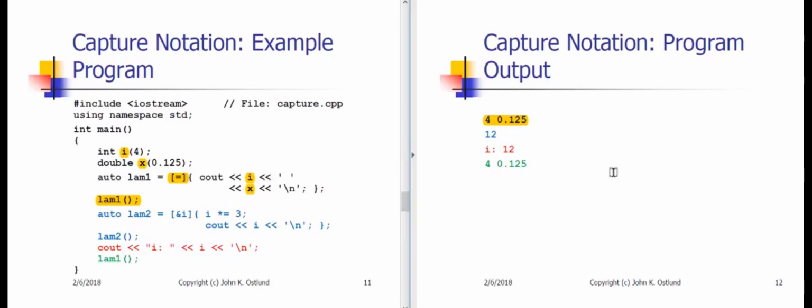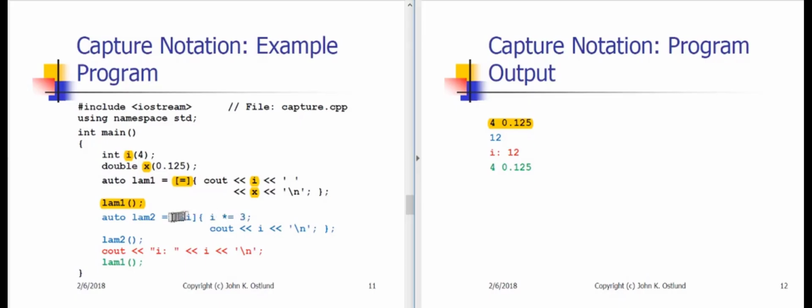4 is the value of i at the point where that lambda was defined. 0.125 is the value of x at the point where that lambda was defined. All right, lam2 is capturing i by reference. That means that when I execute lam2, if i is changed within lam2,